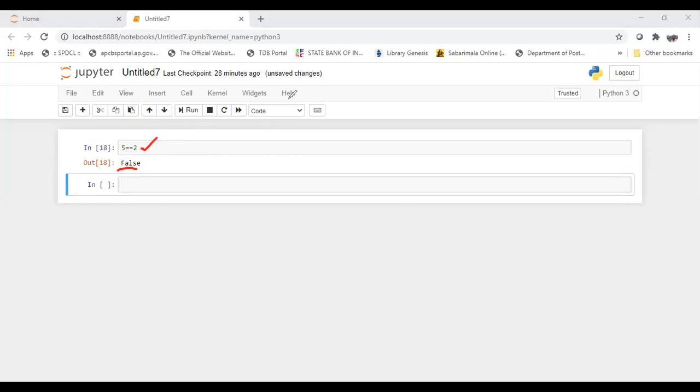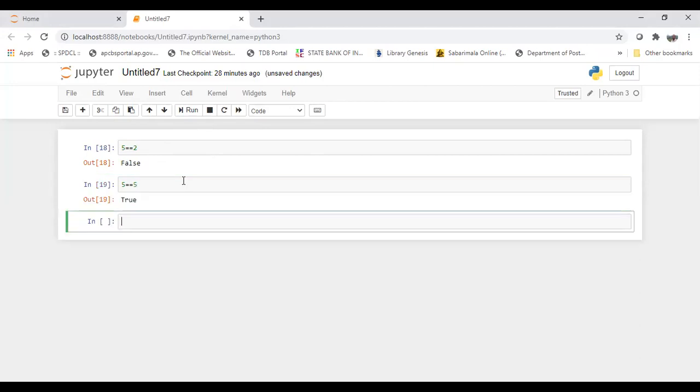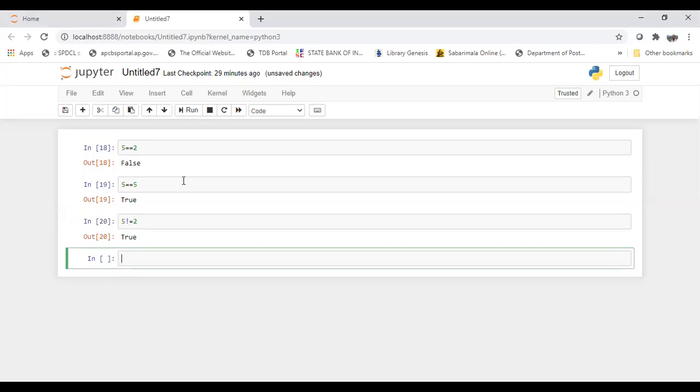And here, observe this. If 5 equal to 5, that means this condition is true. You can clearly identify the True. This is how we can use these Boolean expressions, that is, relational operators, that is, conditional operators, as we like. For example, 5 not equal to 2, we get True because 5 is not equal to 2.